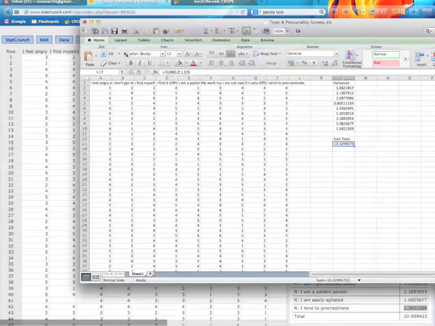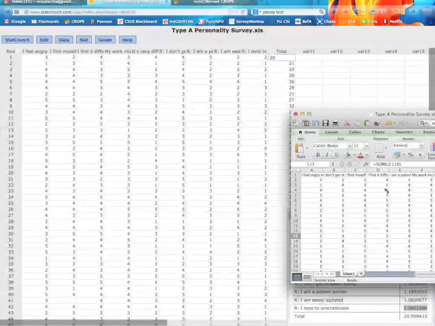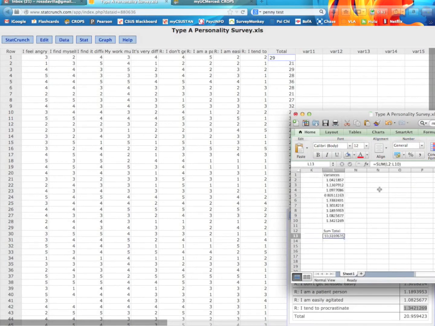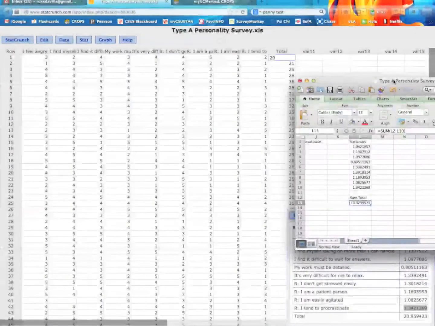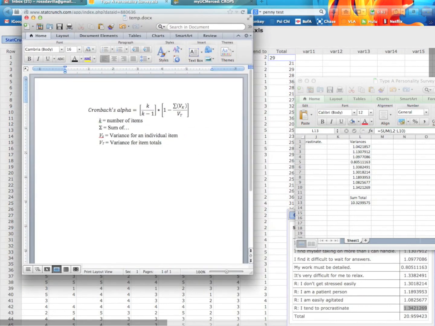And actually, I'll go ahead and shrink this down a little bit. Actually, I can do it like this, and then just scroll over here. There we go. And if we open back up this Word document, I'll go ahead and do the calculations in here. And again, you can do this on paper. I'm just trying to do it in a way that you can see everything I'm doing. But I'm just going to take this equation. We'll copy it down here so we can keep this as reference.